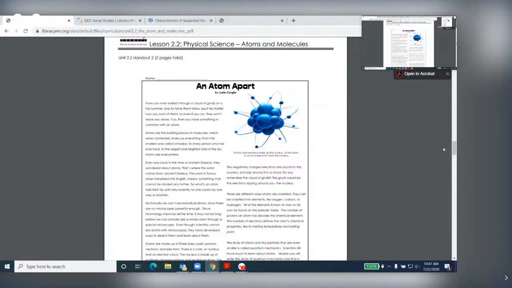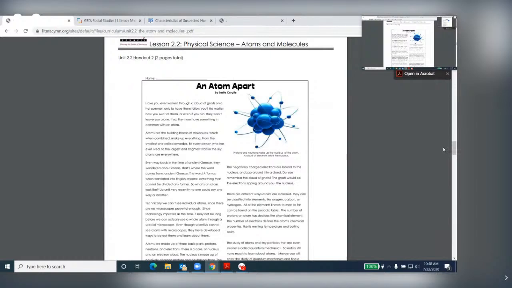Atoms are everywhere. Even way back in ancient Greece, they wondered about atoms. That's where the word comes from. The word atomos, when translated in English, means something that cannot be divided any further. So what does an atom look like? Up until very recently, no one could say one way or another. Technically, we can't see individual atoms since there are no microscopes powerful enough. Technology improves all the time, and it may not be long before we can actually see a whole atom